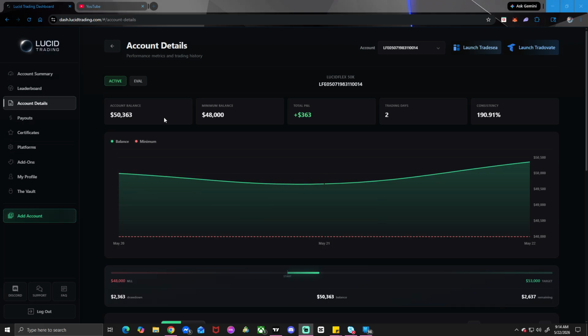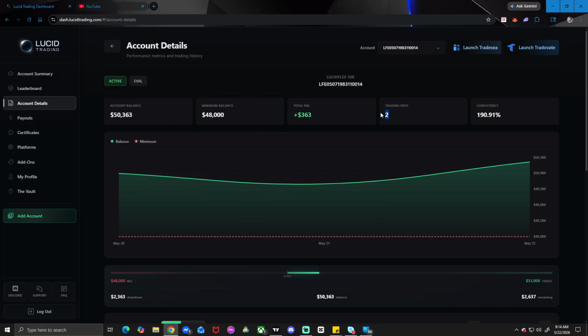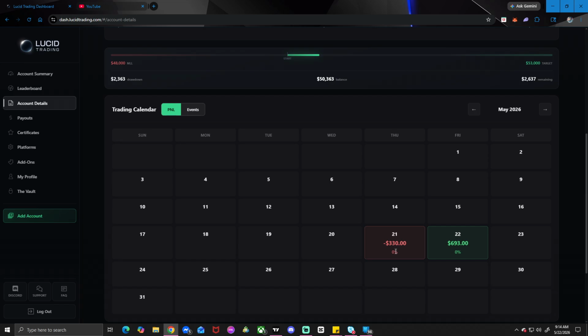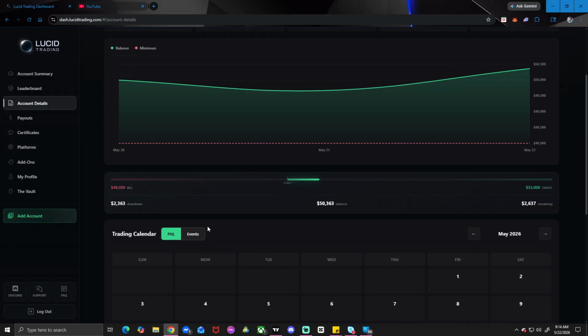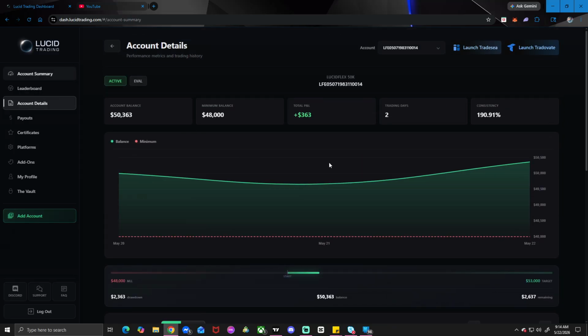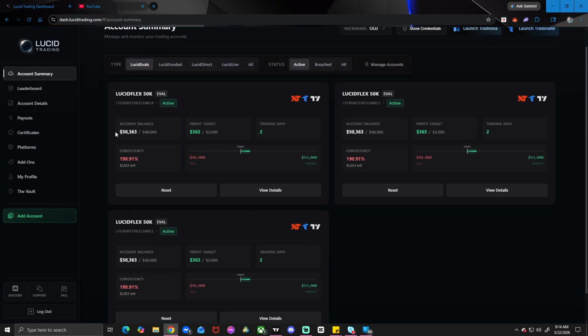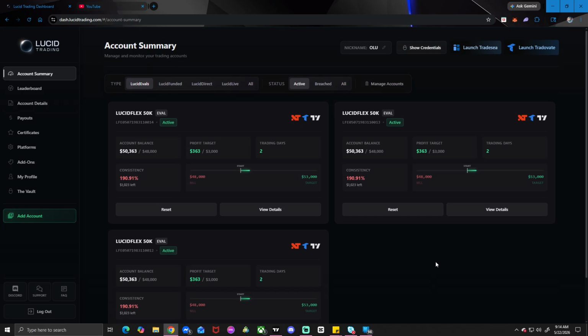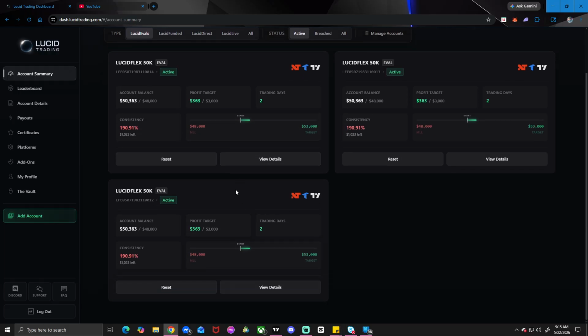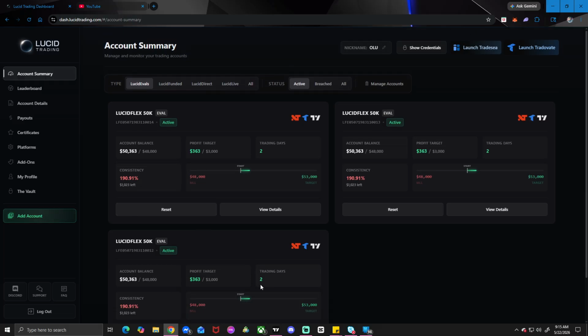But yeah, so this is what we're looking like so far. This is day 2 of trading. I traded last night in the Asia session, so I'm currently up 363 on this account. The first day I took a loss, 330. And then today I took my win, covered that loss and then some. And mind you, this is also spread across 3 different accounts. So I'm copy trading 3. I was going to copy trade 5, but I just ended up going with 3. I didn't want to overextend myself financially, so this was the route that made the best sense.